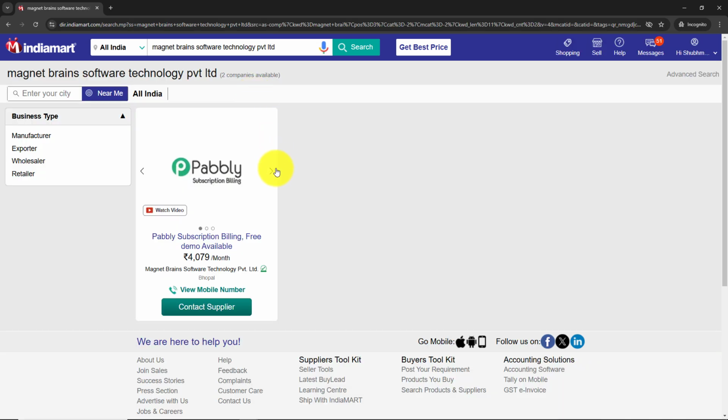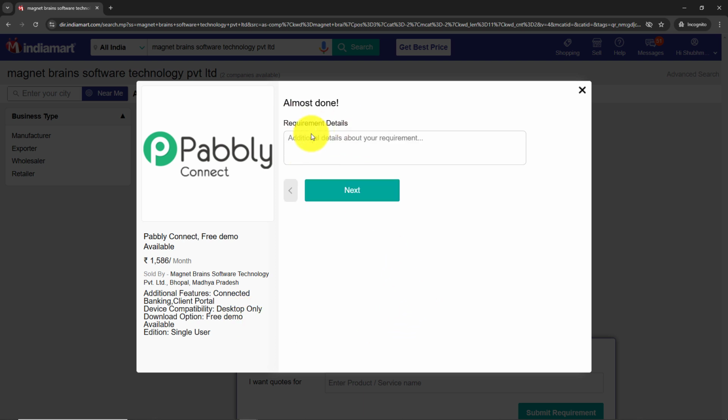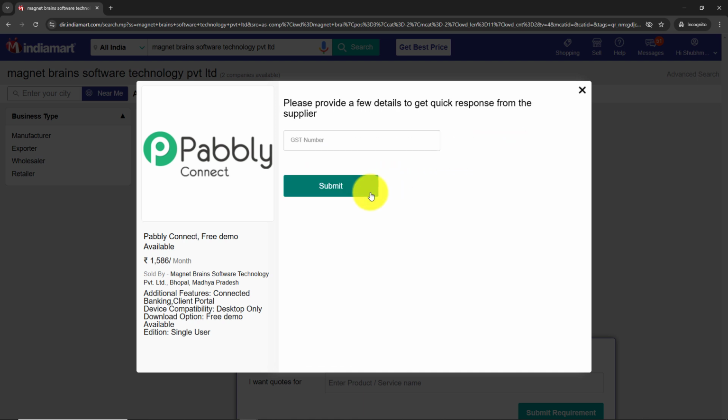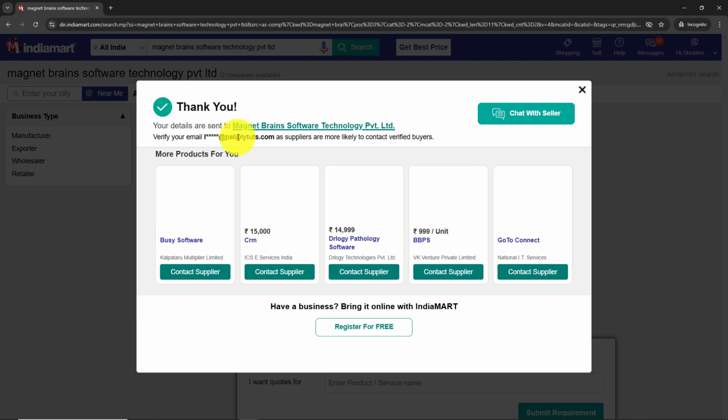And after searching for my business, I simply have to click on this contact supplier, and then I have to enter my inquiry over here in this box. So here I have added my query. Hello, I came across your listing on IndiaMART. I own an electrical vehicle and I am looking for EV repair and maintenance services. Could you please share the details of the services you offer and the pricing? Now I have to click on this next, and as this is not a required field, I am going to click on this submit. I have successfully submitted my query to this business, to my own business from this profile,